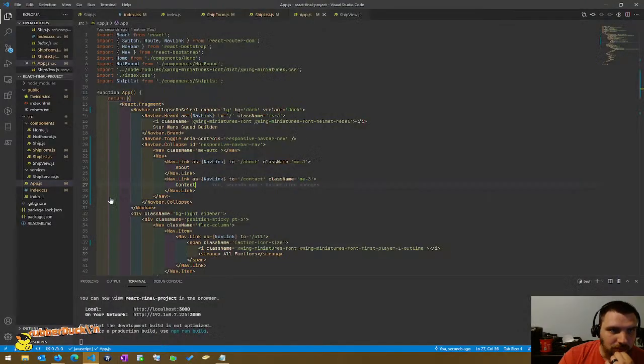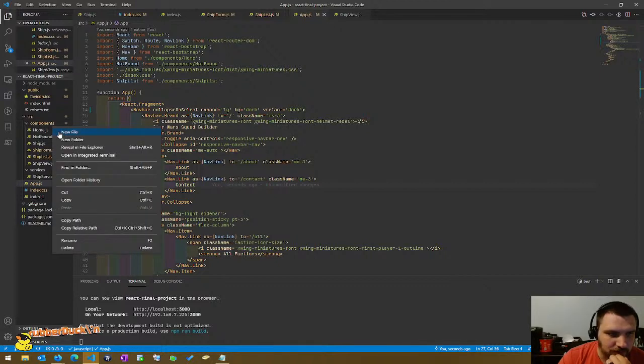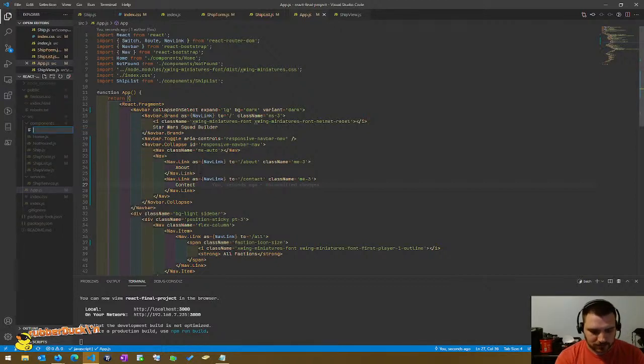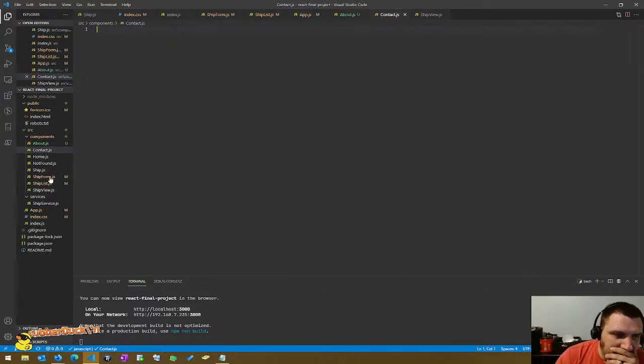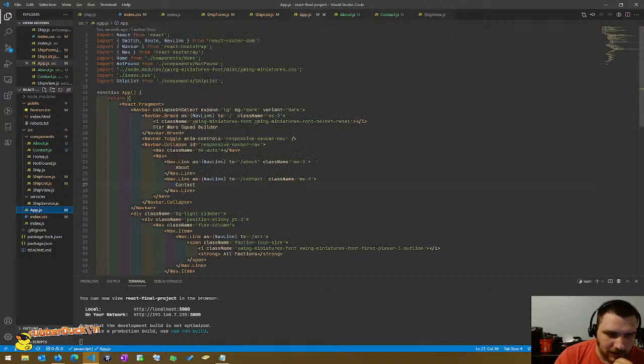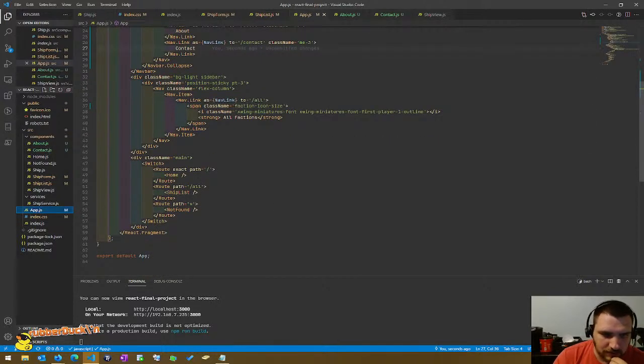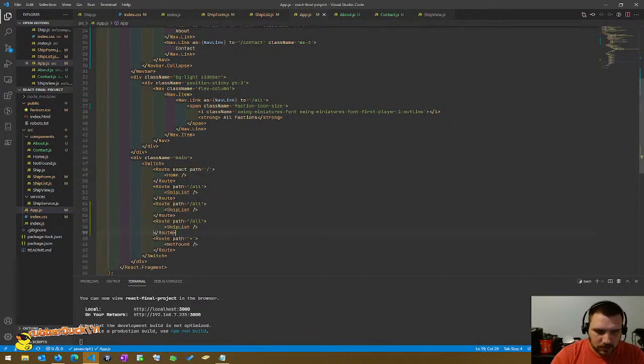So that we can have a few more components for our project. So now we need to create the files. We need to create about, and then we also need to create contact.js. And then also in our routes, so back in our app, we need to create a few more paths. So let's do about,